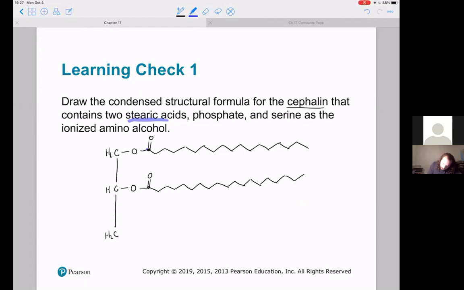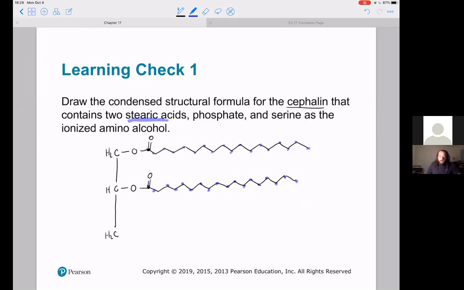Because 1, 2, 3, 4. See again, extra one. That's why we always double check by counting carbons. Let me even triple check. 1, 2, 3, 4. Okay. So this is now 2/3 of my